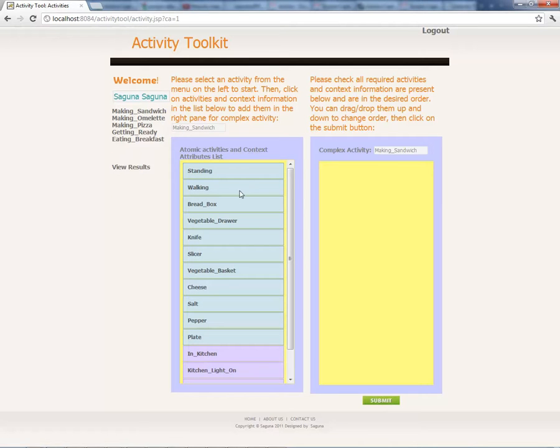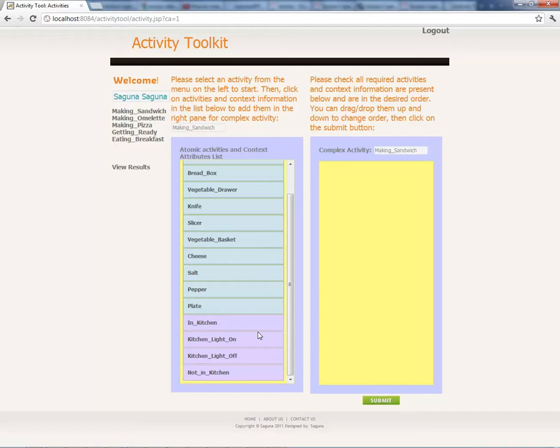We can now see all the atomic activities and context attributes that may be performed by the user. For example, the user will most likely make a sandwich in the kitchen. She will definitely need some type of bread. She is likely to add some vegetables, use some salt and pepper, add cheese to it, and so on. Some things the user may or may not use. For example, the user may not require the light to be turned on in the morning, but this may be